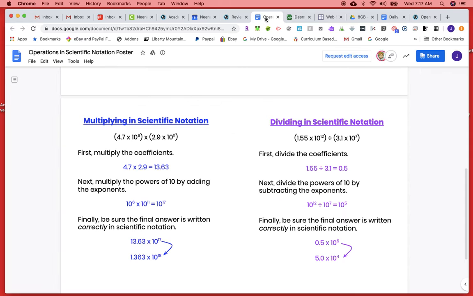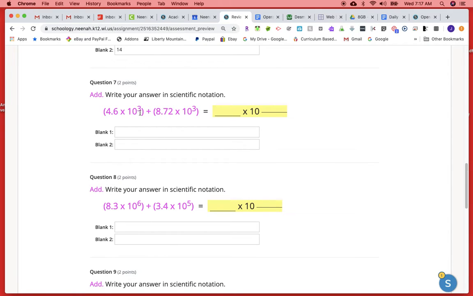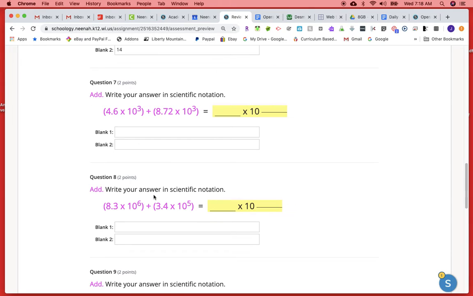Let's look at our poster for addition. Addition is in the red here. And it says, the very first thing, first, if the numbers have different powers of 10, rewrite one of the numbers so that they have the same powers of 10. Well, let's look at our question. We have a power of 10 of 3 and a power of 10 of 3 here. So they have the same. So we can skip the first step. Then it says, add our exponents and keep the same power of 10. So we're going to add